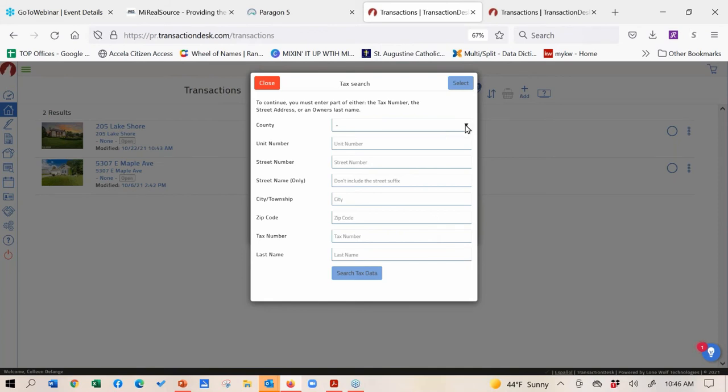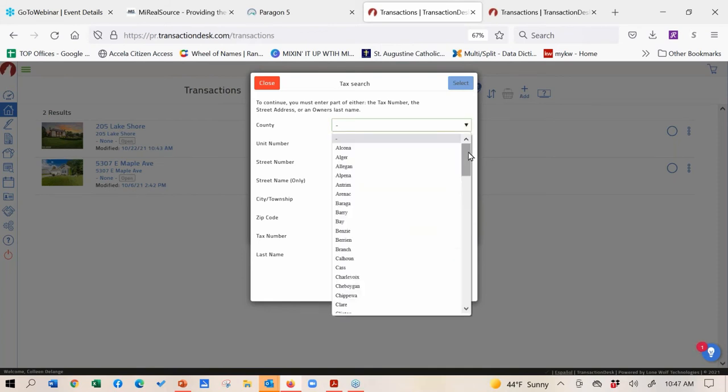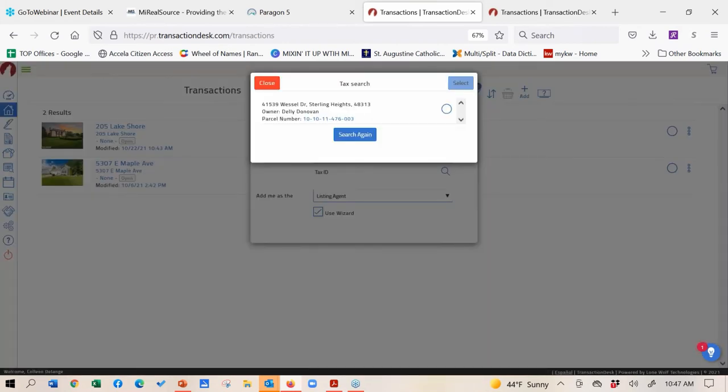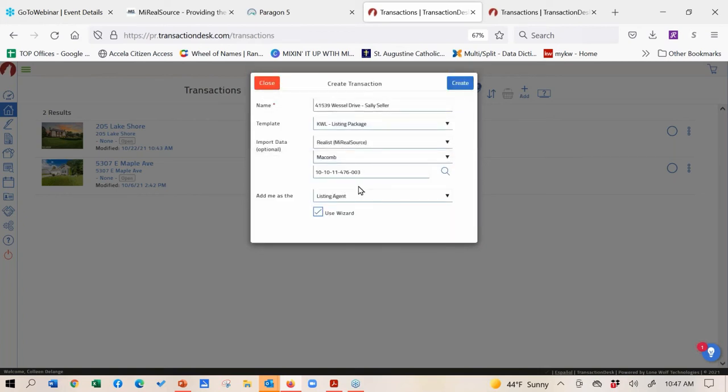So what you want to do is pick the county the property is located in. It happens to be Macomb for me. And you want to put the street number and then the root street name. That's it. You just want to use those 3. So this happens to be Wessel Drive, so leave off the drives, the ways, the places, the courts, things like that. Put in just these 3 fields of information. Hit that search tax data, then you can see immediately it pulls up that record, select it, and you're starting your transaction now